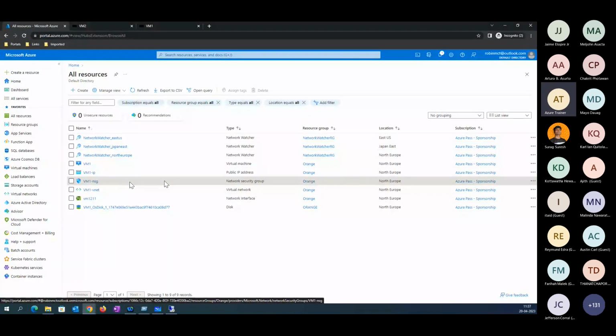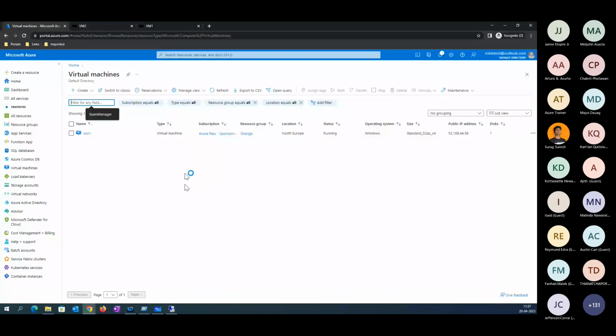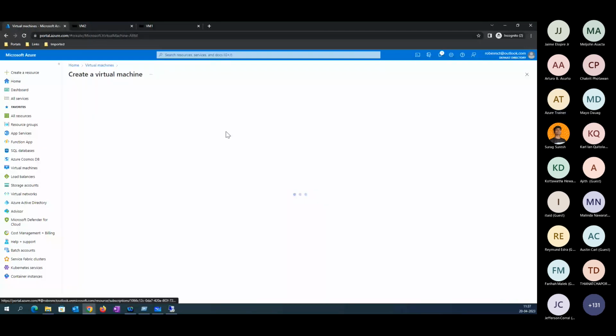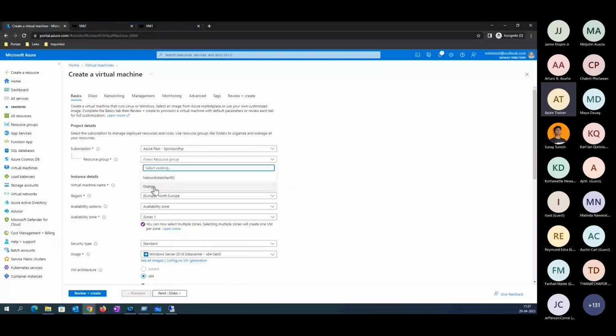Now let me create one more VM. Then let's see if any additional network card is created here. I'm creating one more VM. It's called VM2 in North Europe.